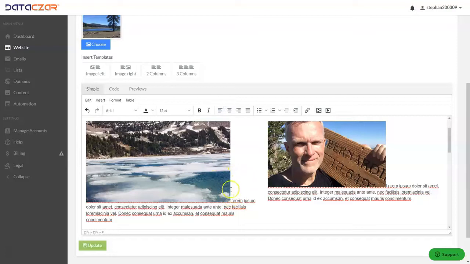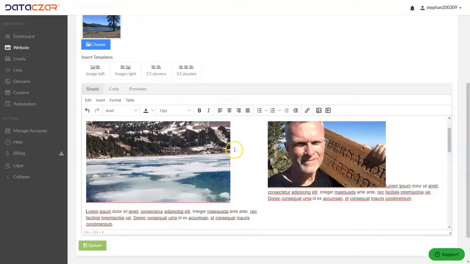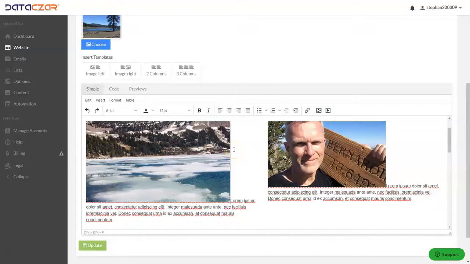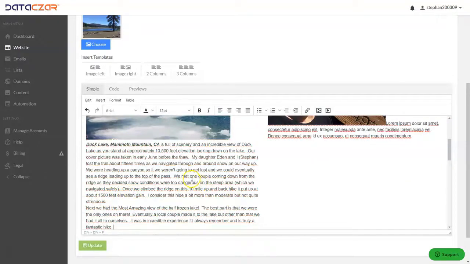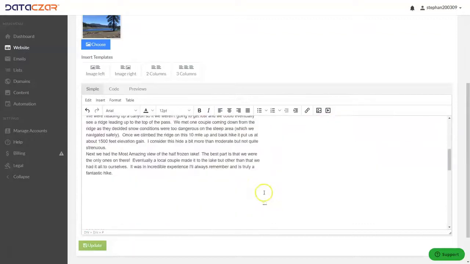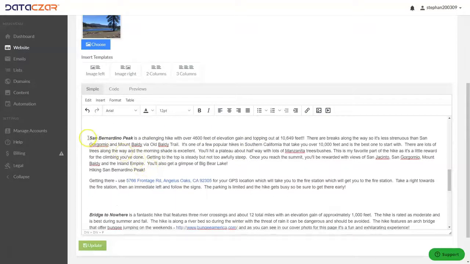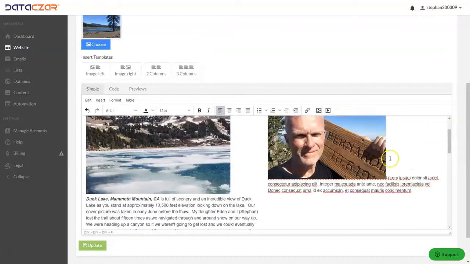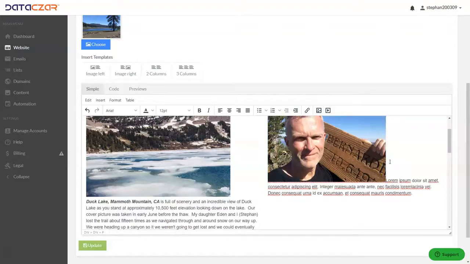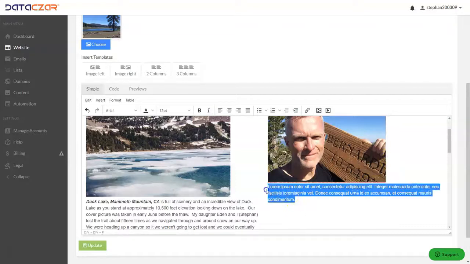But what I want to do is put my cursor right here, hit Enter, oops, Control Z. We're going to do Shift Enter, single space, and then we're going to paste our words right in here, Control V. So there we is, Duck Lake, and now we need to get San Bernardino Peak. And so we're going to remove this, Control X, and again, I don't want the words offset to the right, so just put your cursor right next there. You're going to do Shift Enter for a single space, and then we're going to replace the words right here,